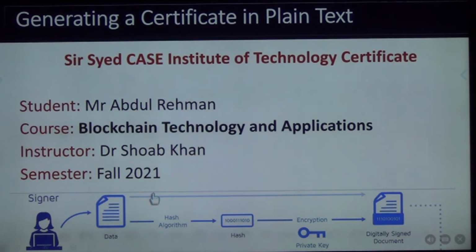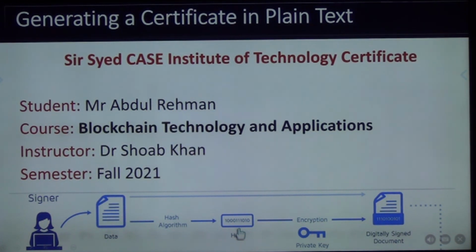कंपनी से जिसने कि वेरीफाई करना है। अब ये अब्दुल रहमान है, who is actually a student of this course. मैंने सर्टिफिकेट बनाया केस ने, सर सैयद केस इंस्टीट्यूट ऑफ टेक्नोलॉजी सर्टिफिकेट, स्टूडेंट इज मिस्टर अब्दुल रहमान, कोर्स नेम इज ब्लॉकचेन टेक्नोलॉजी एंड एप्लीकेशन, इंस्ट्रक्टर इज डॉक्टर शुएब खान, सेमेस्टर इज फॉल 2021। इसको मैंने हैश किया, ठीक है।